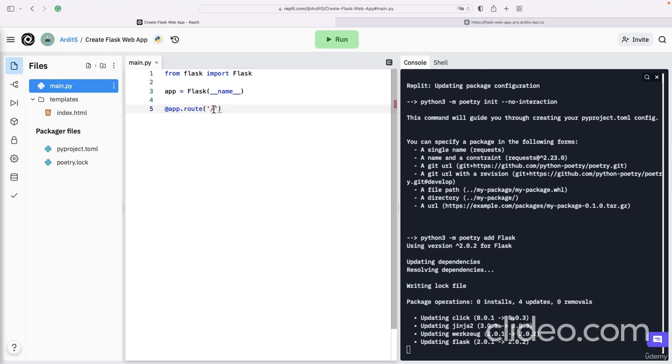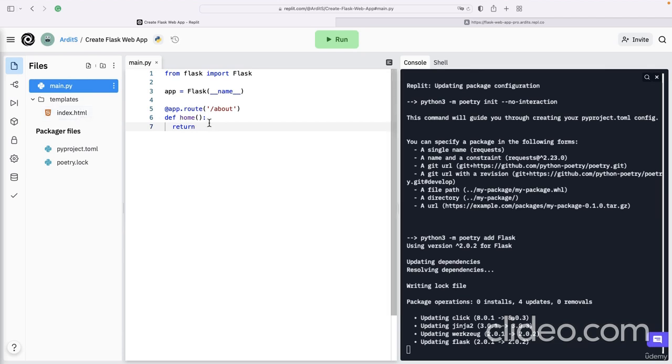If they visited example.com/about, that would be /about. And then you write a function such as def home, and then in this function you basically return that index.html